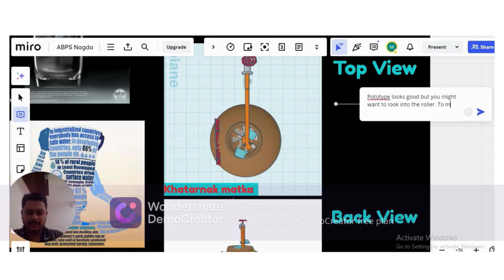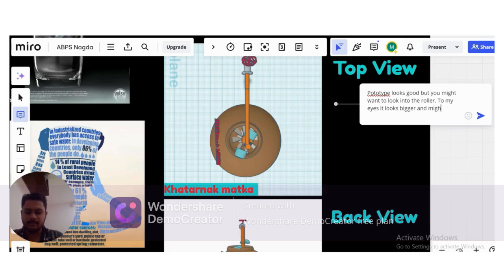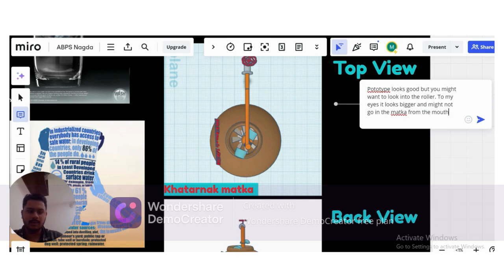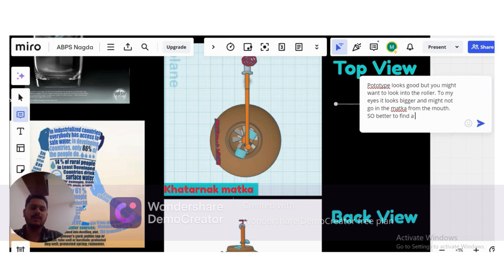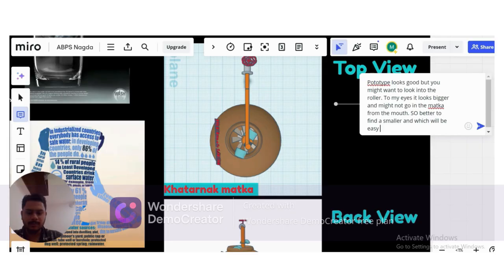To my eyes, it looks bigger and might not go in the matka from the mouth. So better to find a smaller one which will be easy to place. Now, this problem has been anticipated by the mentor, and